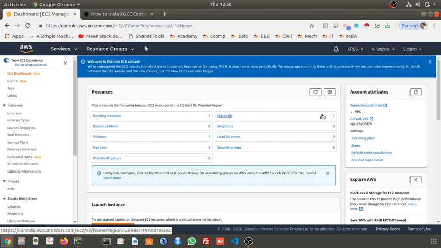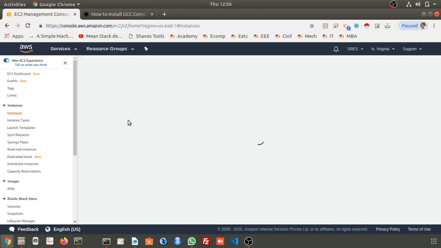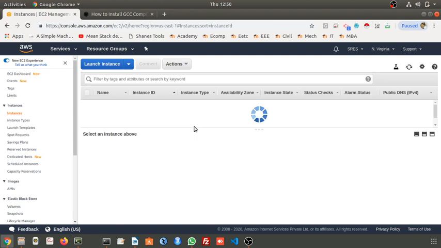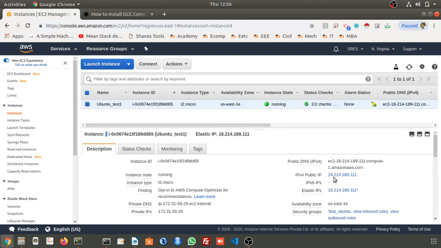You can see here the Elastic IP count is 1. We have purchased one IP address, so now it is 1. That IP address is assigned to the instance we have created. This is the IP address.